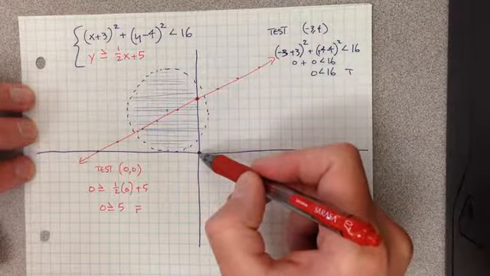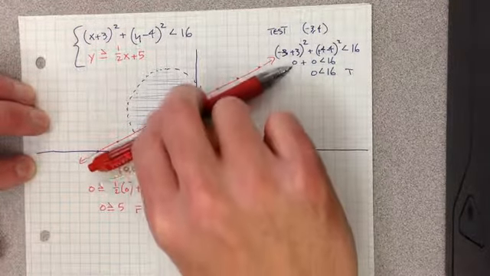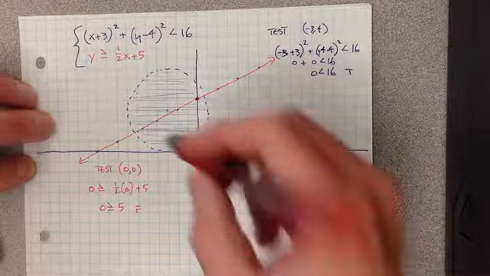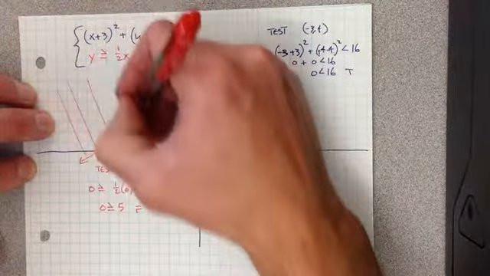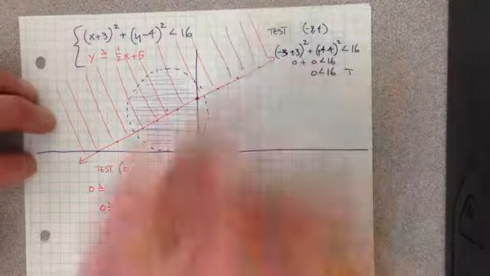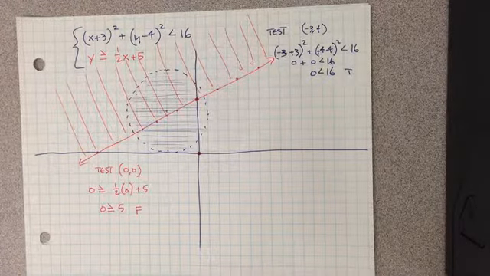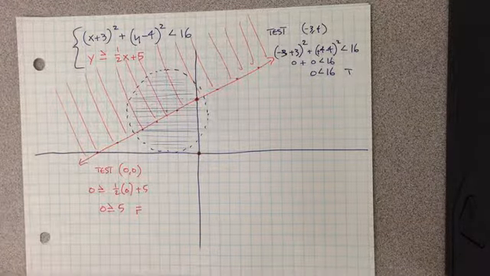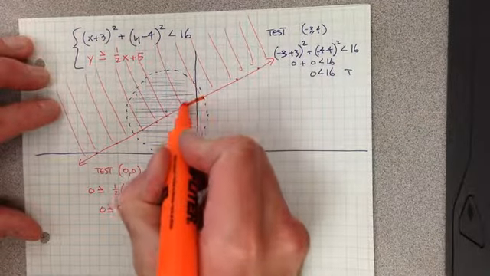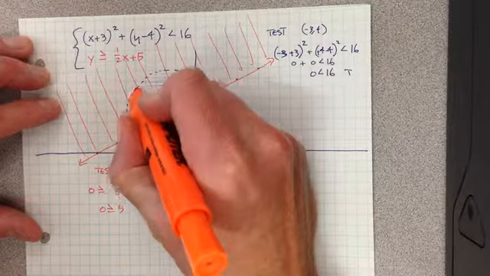Therefore, this test point is not true. If that test point is not true, all the other points in that zone are also not going to be true. Therefore, the solutions will be on the other side. What you are looking for when graphing a system of inequalities is to see where the shading overlaps. Anything on that line, because it's solid, and anything inside my circle,